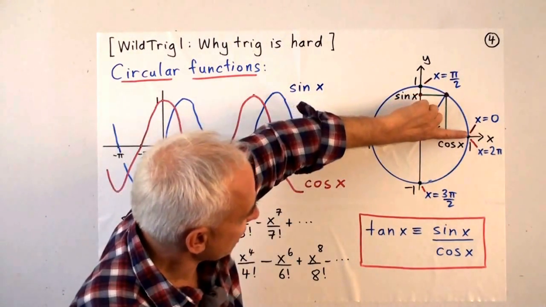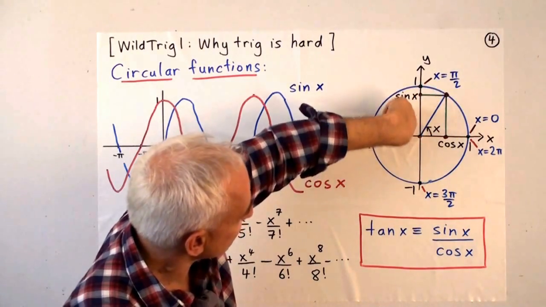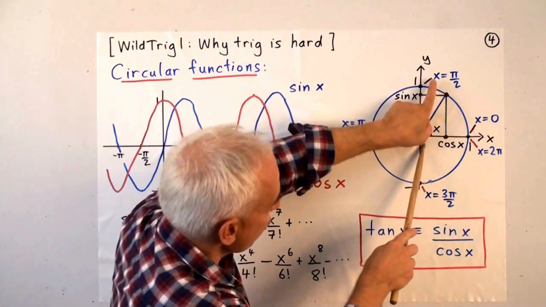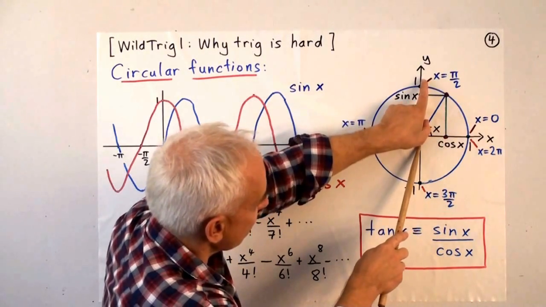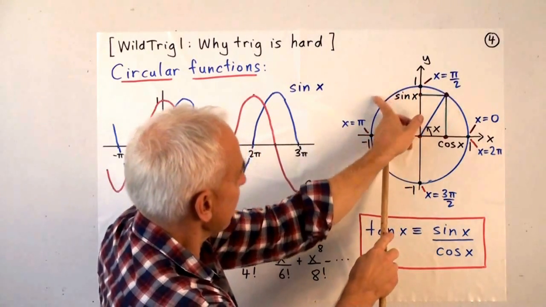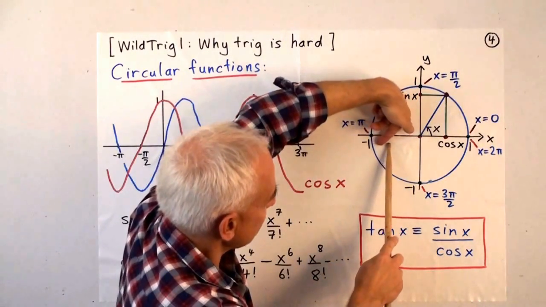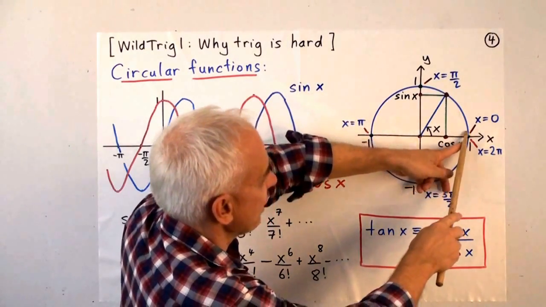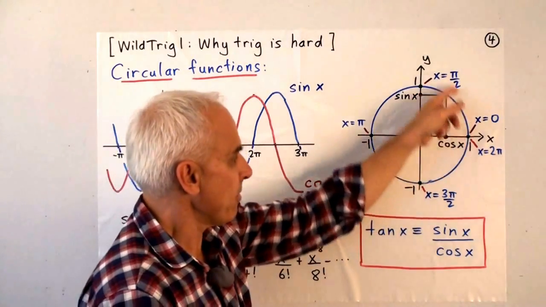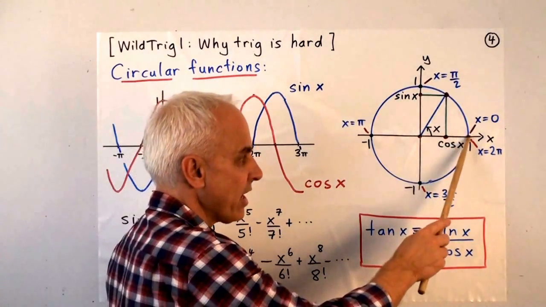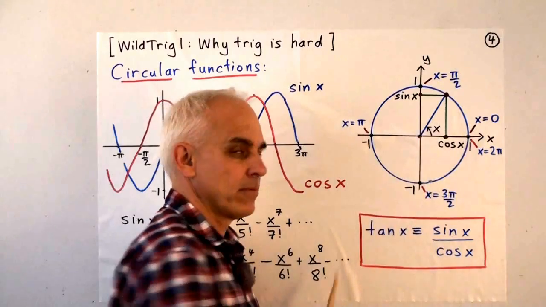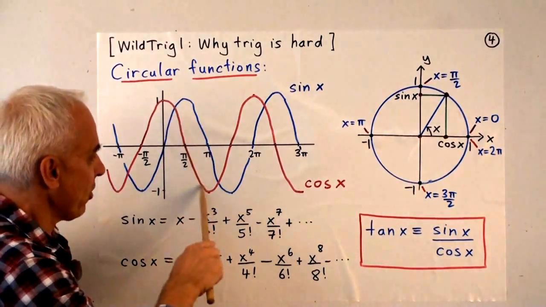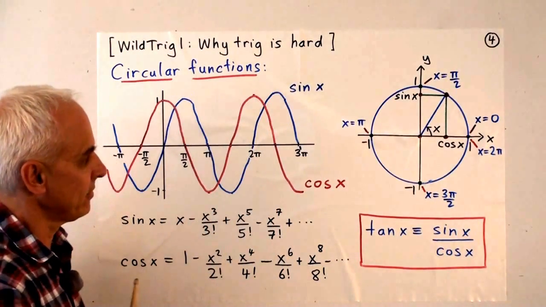So if you can imagine x starting here with 0 and moving steadily in an increasing direction, coming all the way around, then this cosine value is going to be moving to the left. It's right at 0 there when we're up at pi by 2. And then as we keep moving, it comes over here. And then to carry on, as the radius swings around again, it comes back to where we started. So as the point goes around the circle once, cosine x moves back and forth. But it doesn't do this linearly. It has an oscillatory aspect.